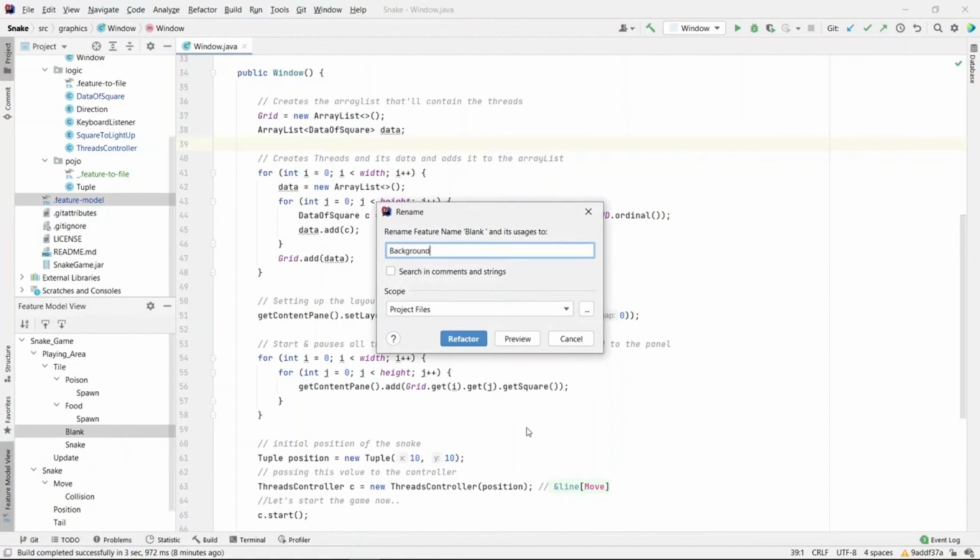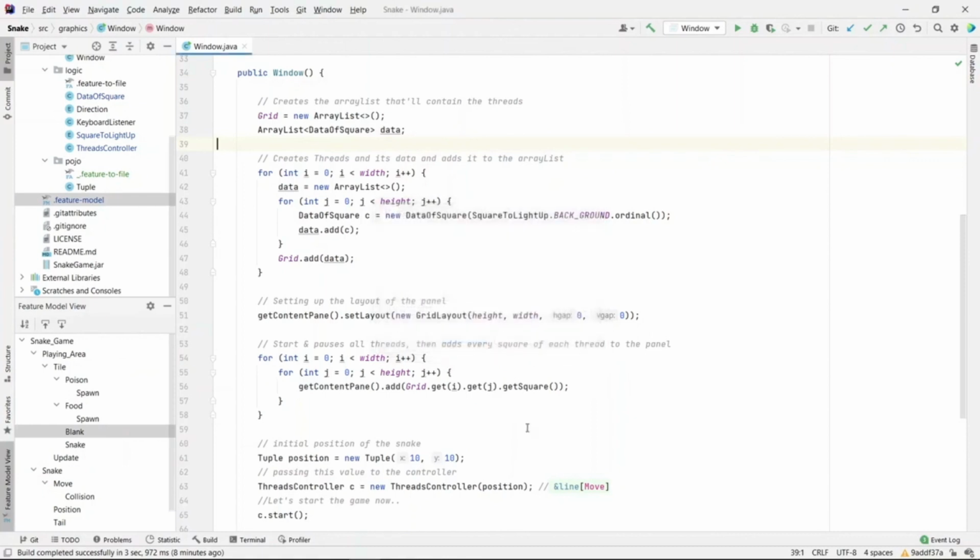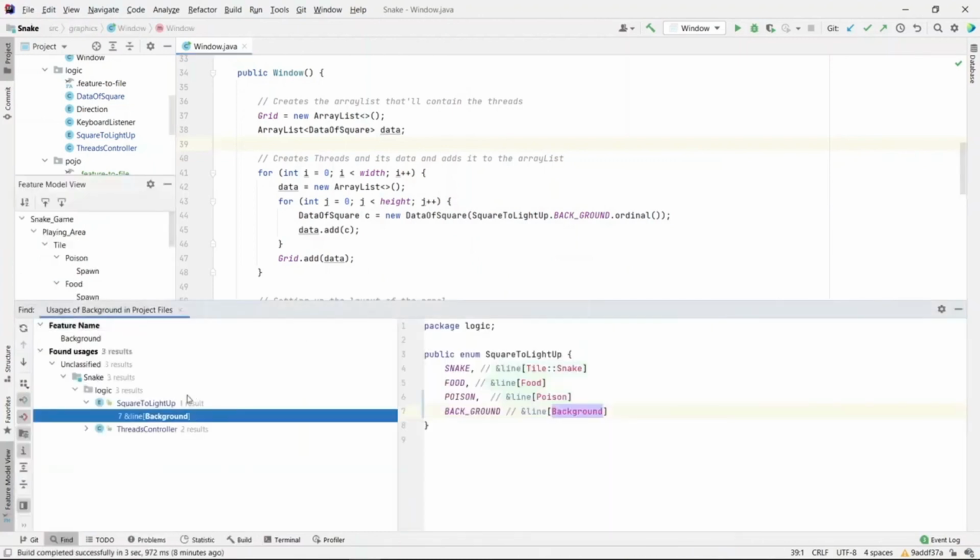I'm typing in the new name background, which changes the name both here in the feature model, but also in its usages. As you can see here,